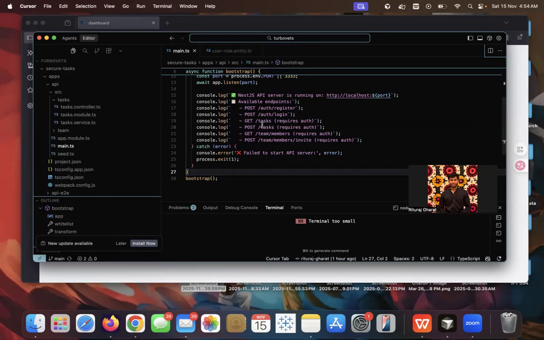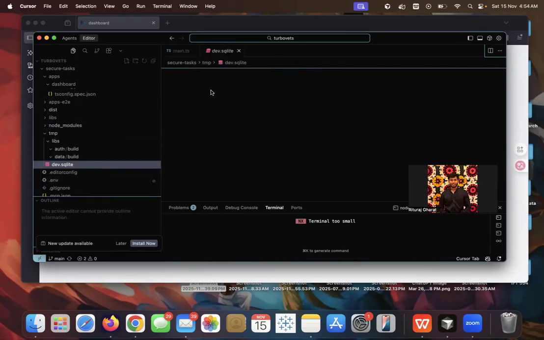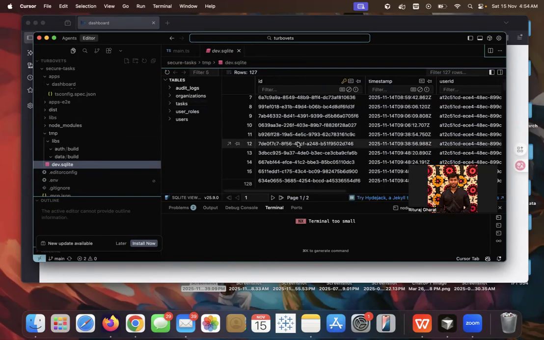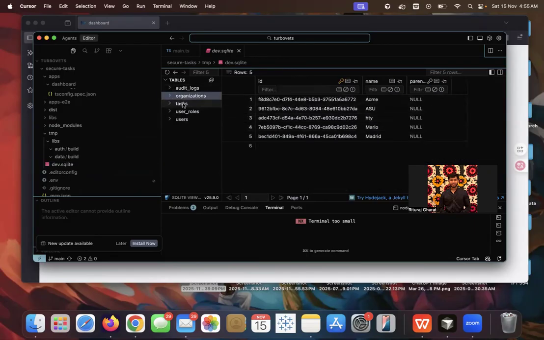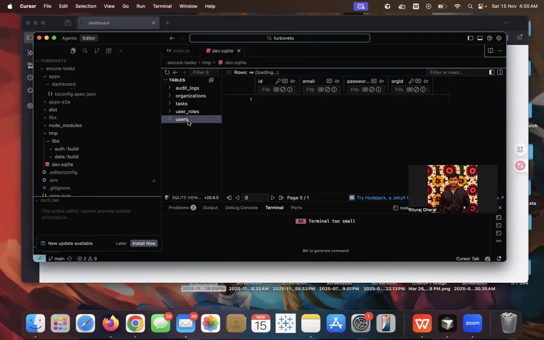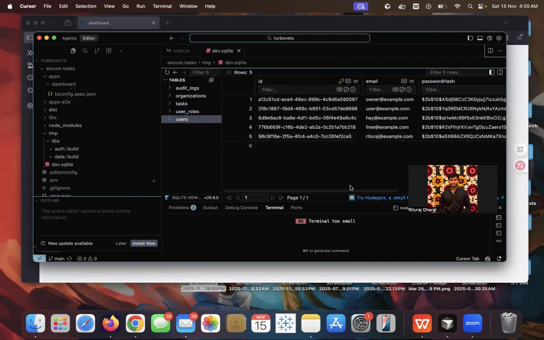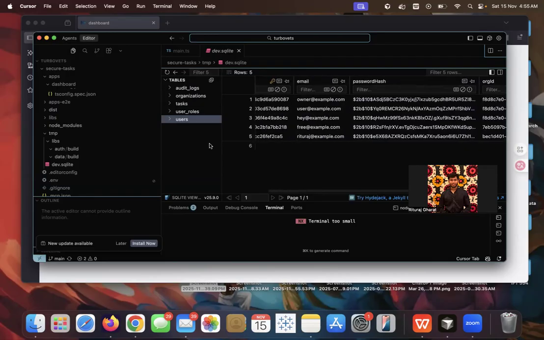Before jumping to the behavior of restricted users, I will show you the database with all the information: audit log, organization, task, user roles, and users. You can see the password hashing. You can't read any passwords or anything. So coming to the example,